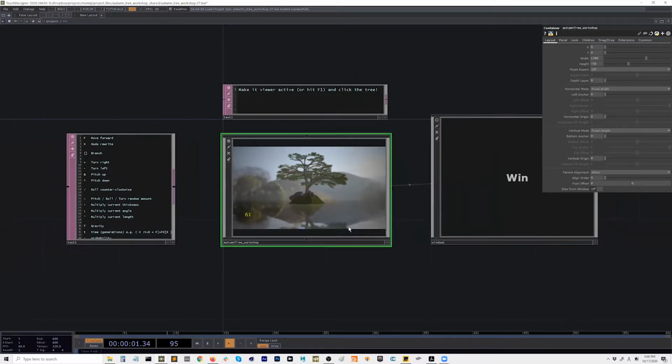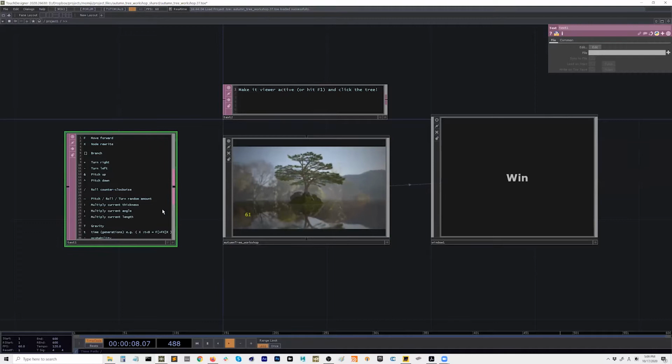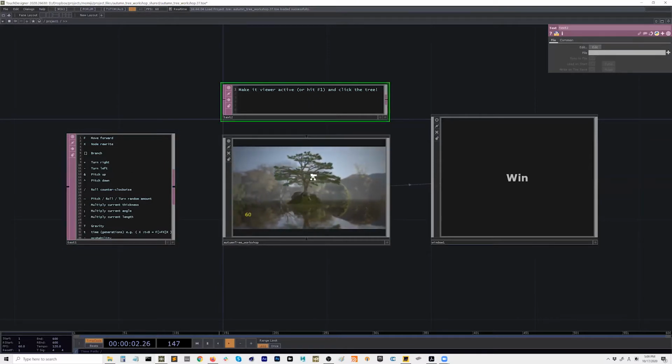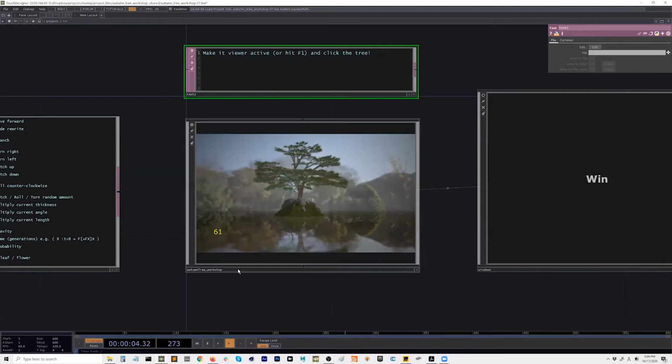So first, if you open this example file, there's this text with snippets for the rules, and then there's an instruction of how to use it. So this Autometry workshop component,